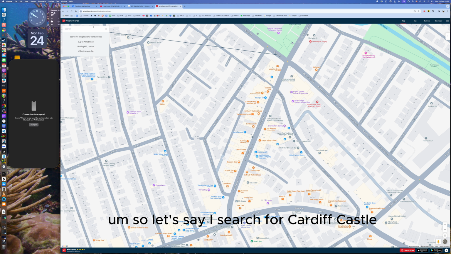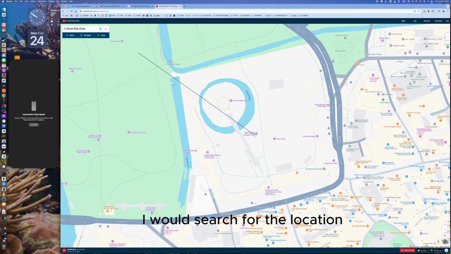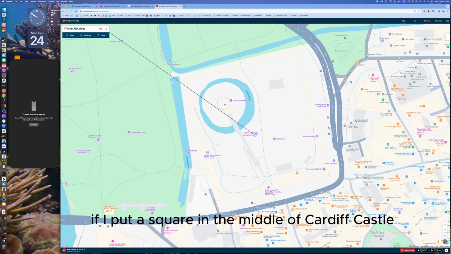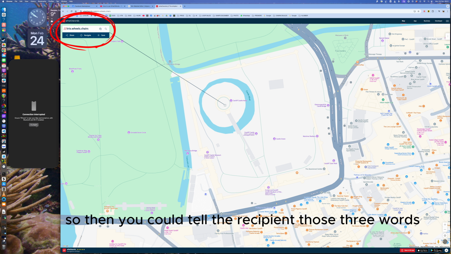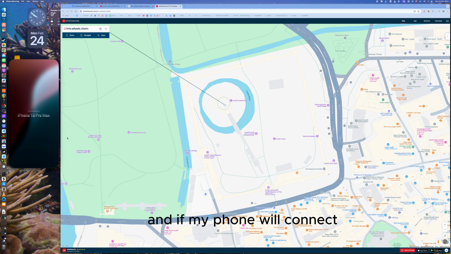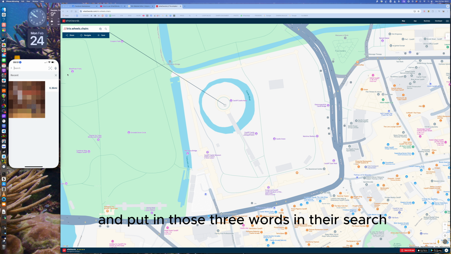So let's say I search for Cardiff Castle. So say I want to tell someone how to get to Cardiff Castle. I would search for the location, and then if I put a square in the middle of Cardiff Castle, that gives me 3 words: trio, wheels and chairs. So then you could tell the recipient those 3 words, and if my phone will connect, I'll look it up on the phone. So if I go onto my phone and put in those 3 words in their search